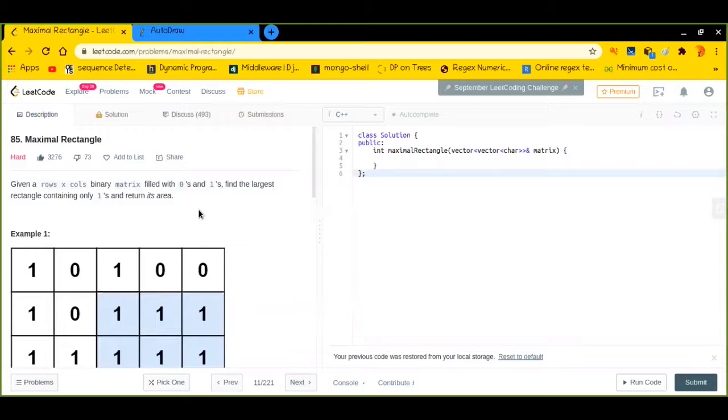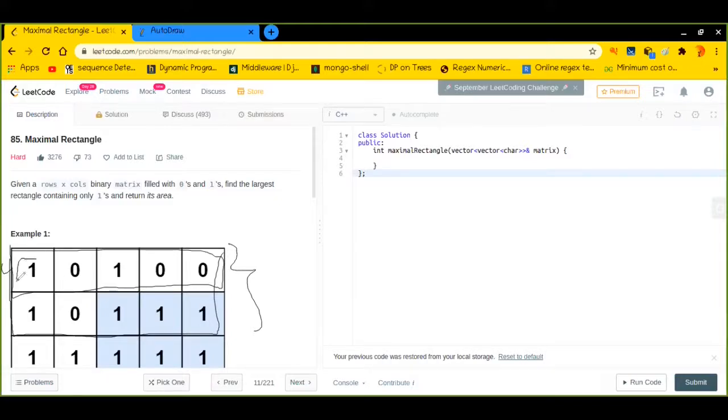As you can see, we have a character matrix, but we do need an integer matrix to solve this question. Why? Because, as I told you, we have to find the largest area for the current binary array, and after finding it, we have to include each and every vector into it and collectively think of it as a histogram.